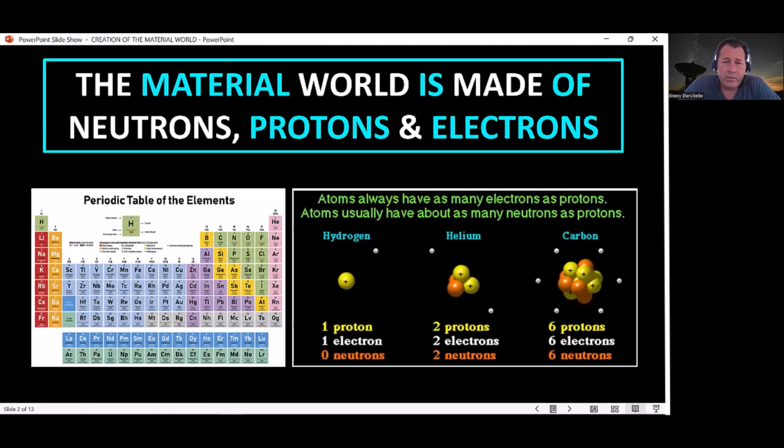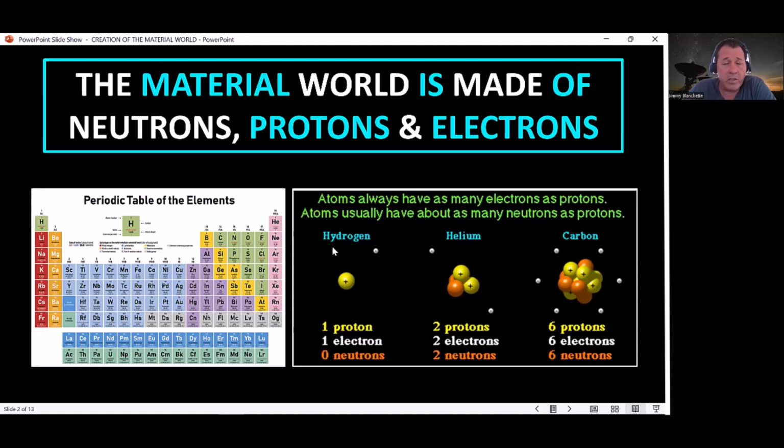Just for those who may be less familiar with this, really the material world we live in, all the periodic table of elements that we see on the left side here, all the elements that essentially make up everything material, everything that's physical is made of these elements. And each of these elements really is made of small building blocks, like Lego blocks, if you will. And these building blocks are essentially the proton, the electron, and the neutrons. We see, for instance, the atom of hydrogen contains one proton and one electron, right? And hydrogen is primarily what